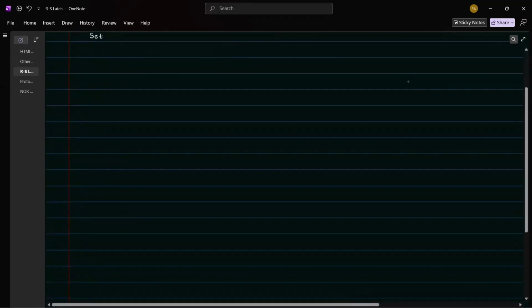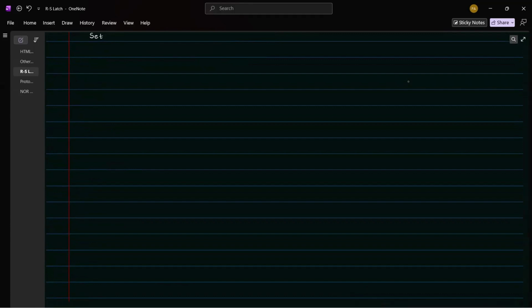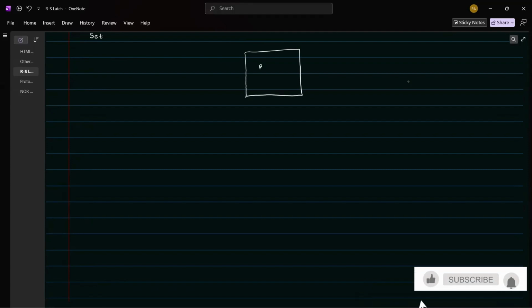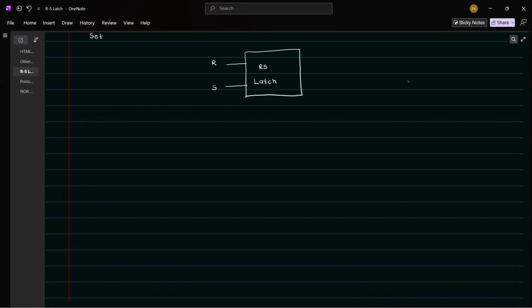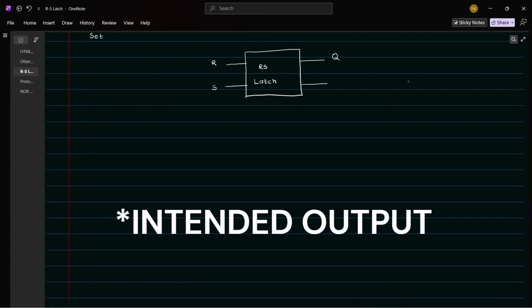Okay, so we are starting with RS latch. Instead of drawing the logic circuits and all, I'm going to teach you how RS latch is used and the terms that are associated with the RS latch. So here we have the RS latch block. Inside this, consider there is a circuit that takes two inputs, R and S. R is reset input, S is set input, and then gives out the Q and the